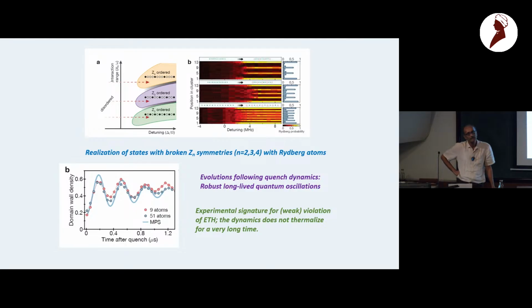I don't know the full generic answer, but one possibility is that if you have an emergent symmetry which is obeyed by a class of states, typically of order L number of states in an L-size system, which is much smaller than exponential L, the total Hilbert space dimension, then they form a separate subspace within your Hilbert space. And if your initial state has overlap with one of these, the emergent symmetry does not let you mix the dynamics with the other states in the Hilbert space. Therefore, you can have an oscillating dynamics for quite some time.